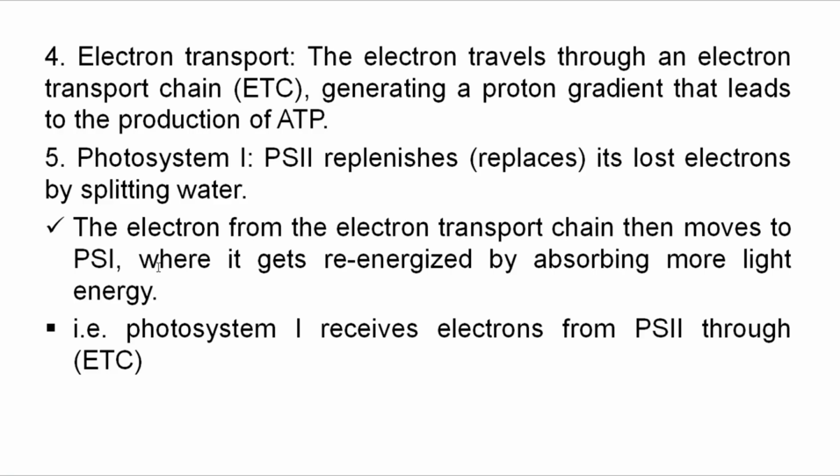Photosystem 1, where this complex gets re-energized by absorbing more light energy. This photosystem 1 also absorbs energy independently of photosystem 2. That is, photosystem 1 receives electrons from photosystem 2 through the electron transport